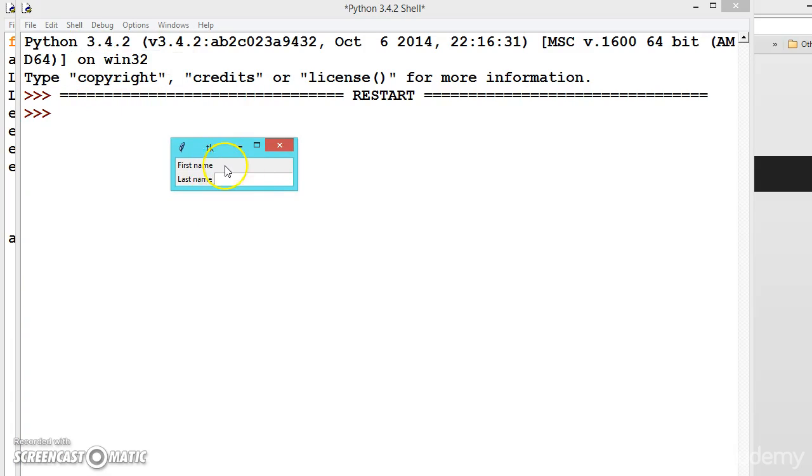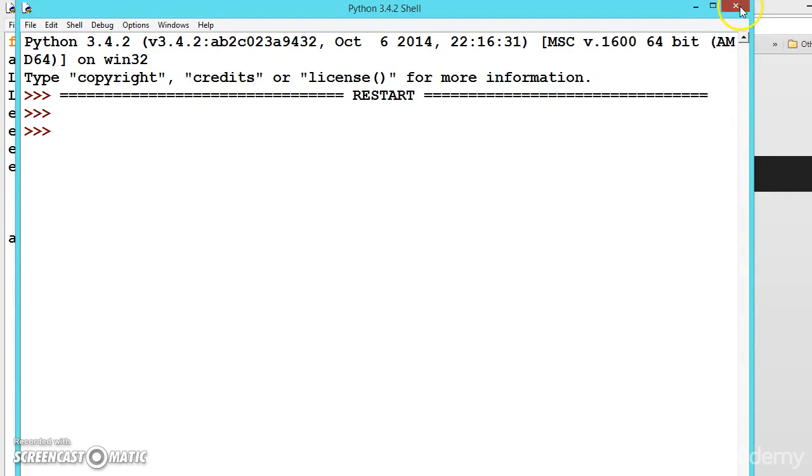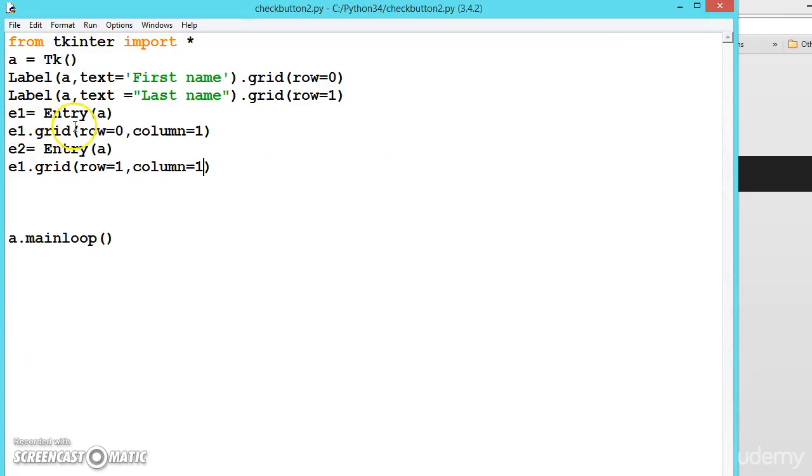See here, first name, last name. Here first name doesn't have text because we have made some mistake, like row 0 and column 1, row 2, column 1. Here we should write it, a typo mistake. Now let us see.